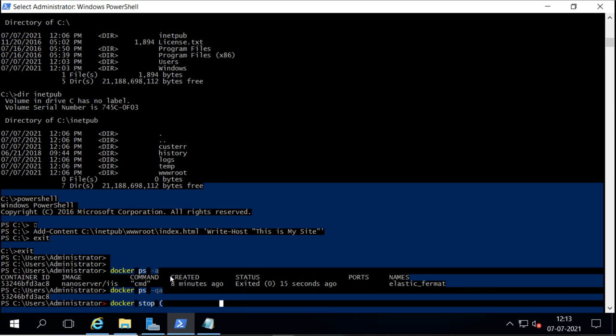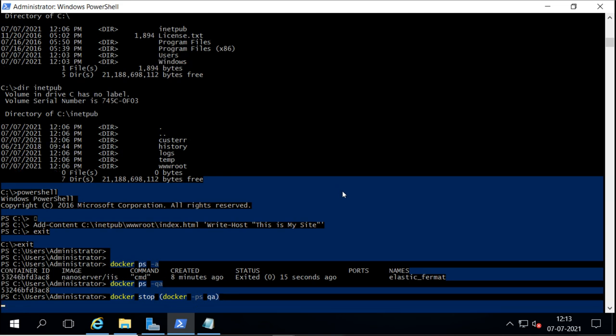I can just copy the container ID from here and paste it here, or use docker ps -qa to get the container ID and stop it.